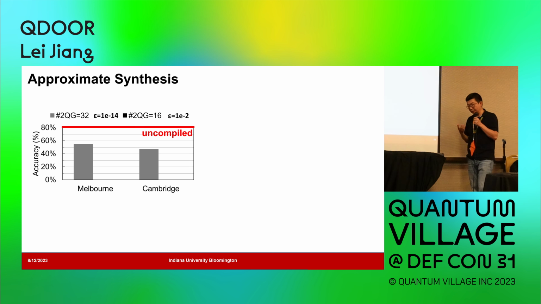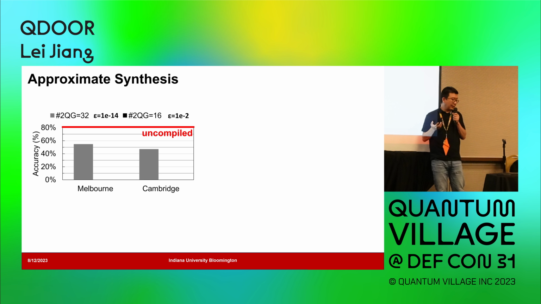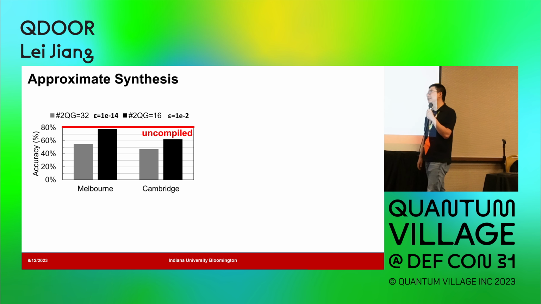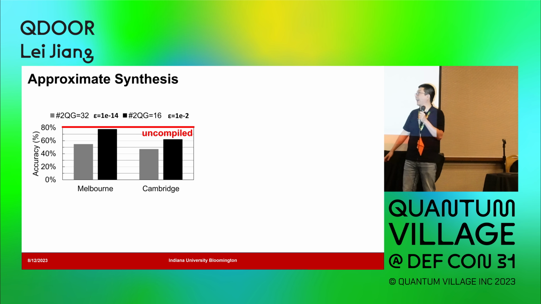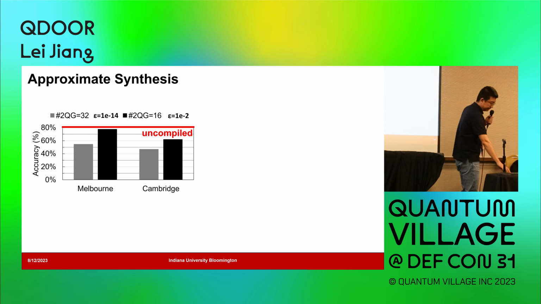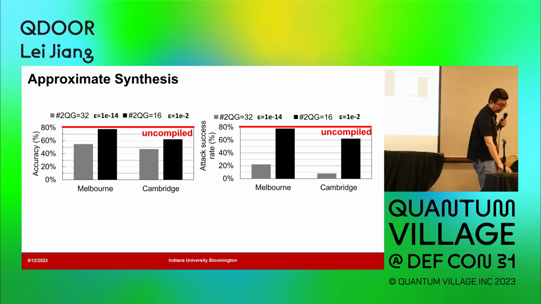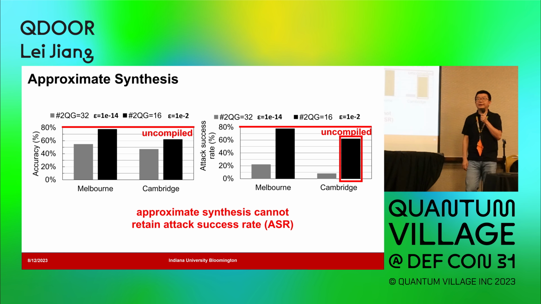And then we can try a larger epsilon, meaning the compiler can delete more 2-qubit gates. We can have an approximately synthesized VQC. Now we can see that for the less noisy NISQ machine, the accuracy is fine, but for the highly noisy machine, the accuracy is still not good enough. The same happened for the ASR. For the highly noisy machine, the attack success rate is not high. Meaning that approximate synthesis cannot fully recover the ASR for the classical backdoor